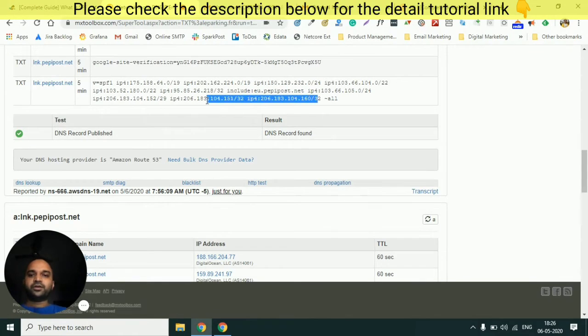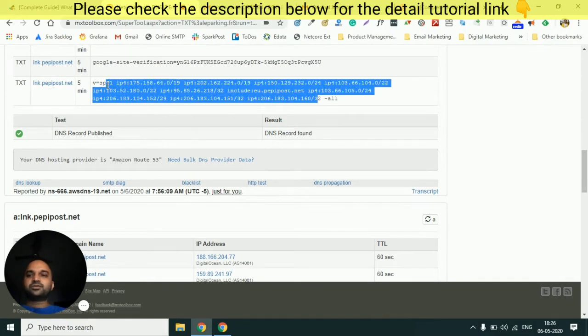Everything is included. So because leeparking.fr has given a canonical link, a CNAME pointing to this particular domain, all these IPs will automatically get added as an authorized set of IPs for sending emails from leeparking.fr. All these IPs will automatically get authorized to send emails on behalf of leeparking.fr. So that's what this canonical pointing has helped here.